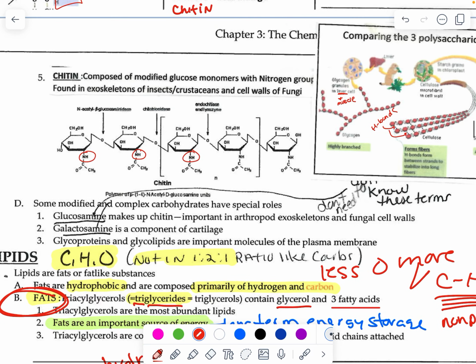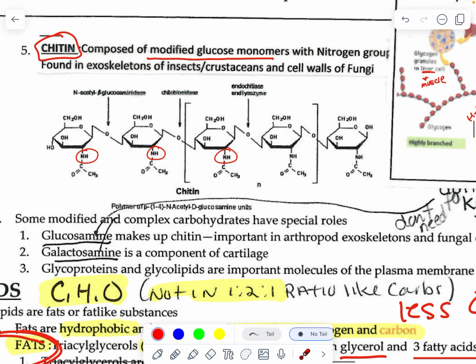I already did that. Chitin is our last one then. So chitin is a modified glucose. So you're going to notice down here you have glucose linked together in a chain. Okay, but there's an NH group. There's nitrogen kind of coming off of it. So this one would have C, H, O, and N, and that's how you'll know it's chitin. If you see a chain of glucoses and you see the nitrogen in it, you know it's chitin,